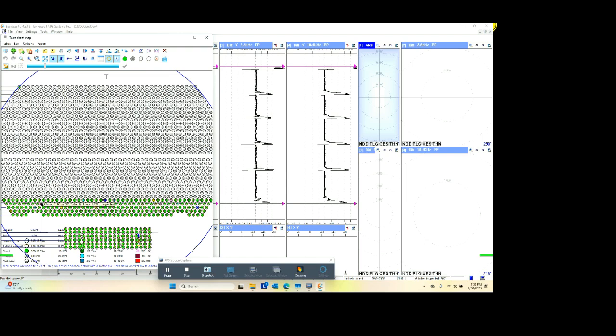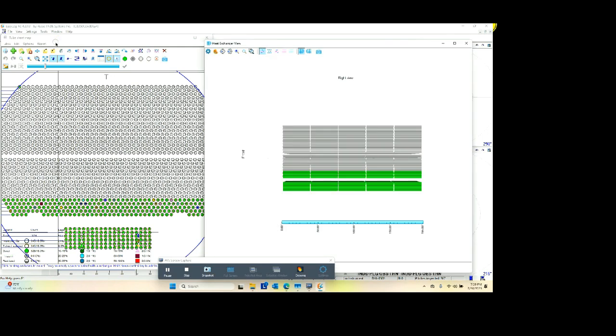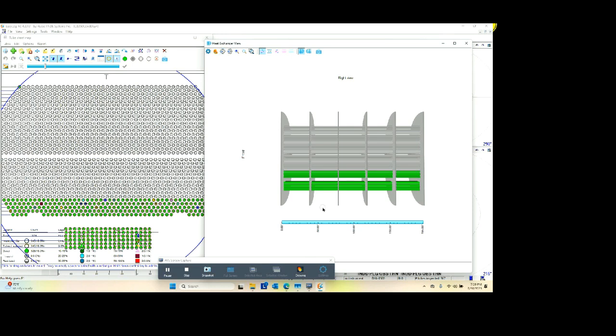So now what if we want to know where those defects are down the length of the tube? So we need to look at the side view of this exchanger. And we do that by going back to the tools menu and select heat exchanger view. And here's the heat exchanger view here. Within this, we can zoom in and out. You see it just populated now, the